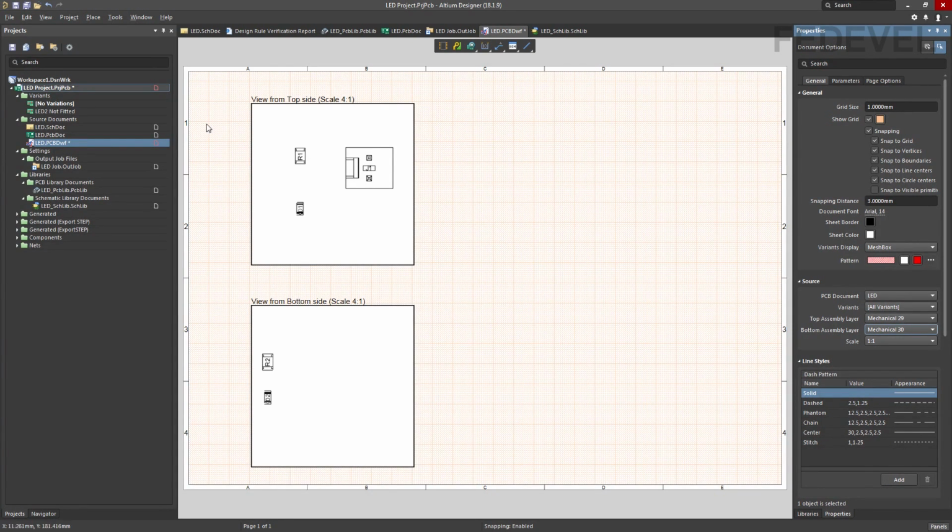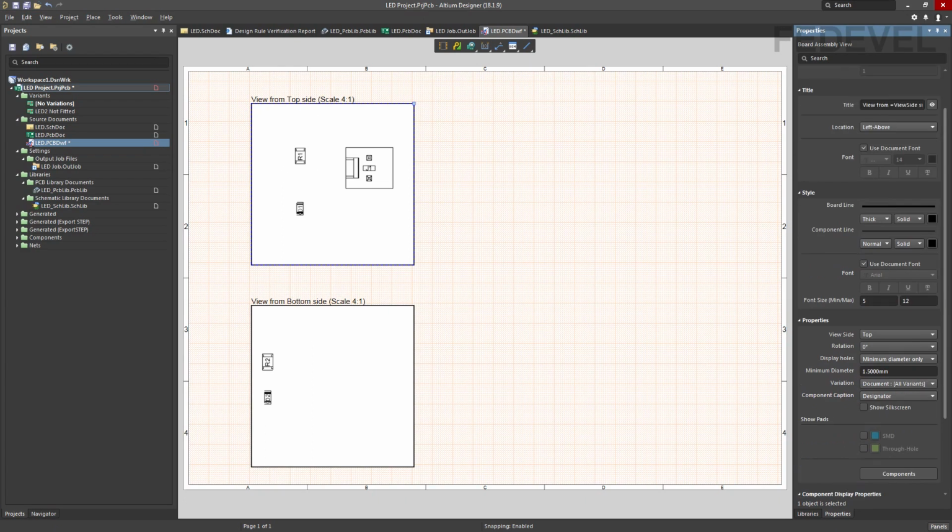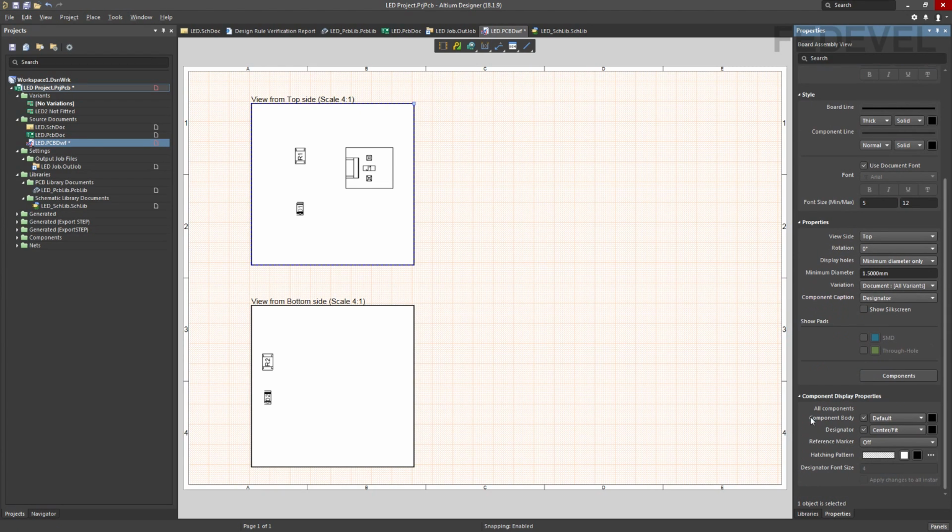Now you need to select this top side view, just left click here, and in these properties, go down to Component Body, left click here, and select Assembly Drawing. Watch what is going to happen. Left click here. Perfect. Now it is using our assembly drawing. Do exactly the same for this bottom side: left click in this Component Body and left click on Assembly Drawing.